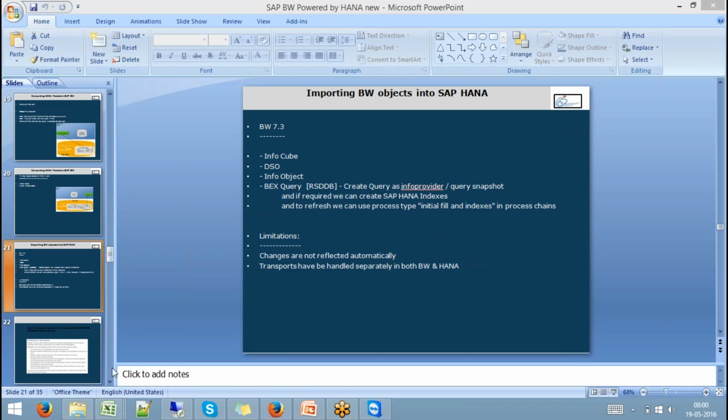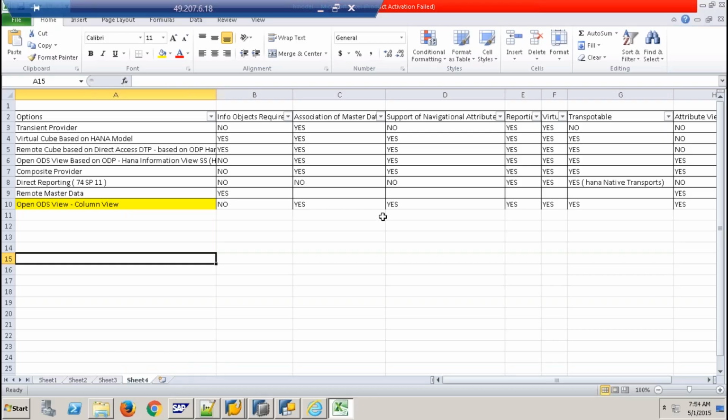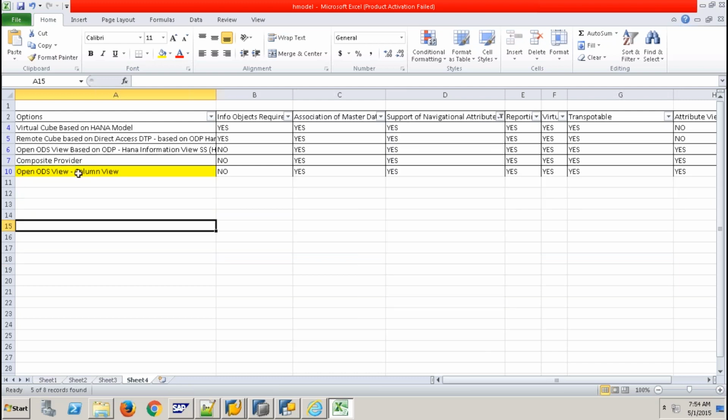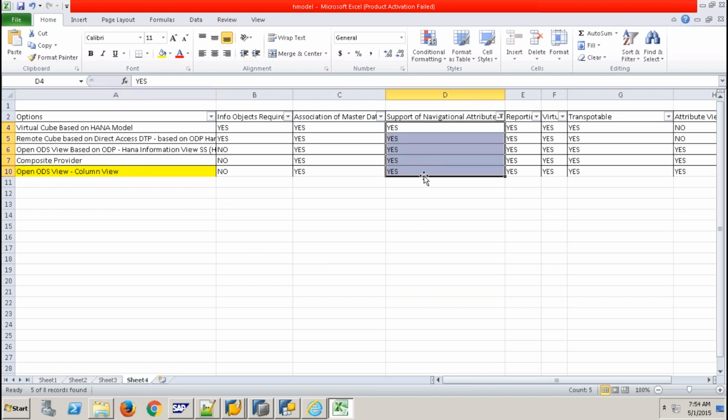You said support of navigation attributes, how many options are there? Yes, even if I use an Open ODS view, I can have navigation attribute support, and a composite provider supports it too. So there are other options which can also support navigation attributes. Okay, you'll see that.